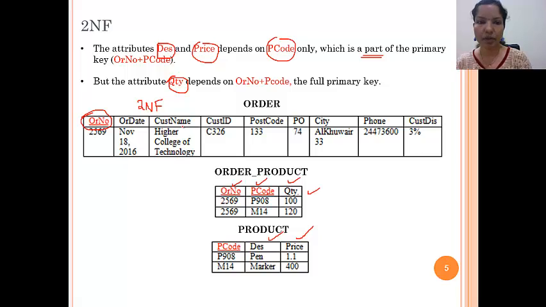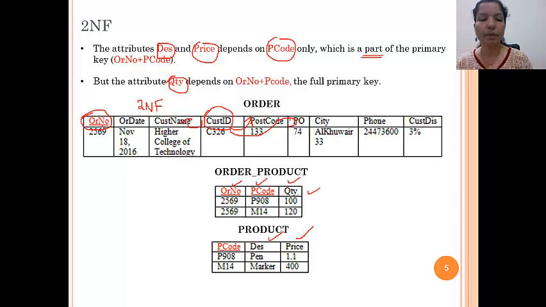Then we have customer name, customer ID and the other details of the customer. We know that we have found a key, customer ID. From customer ID we can find out customer name, and from customer ID we can find out postal code. Similarly, we can find out PO box, city, phone, discount, etc. So that means there is an attribute customer ID, but it is not a key of this table.